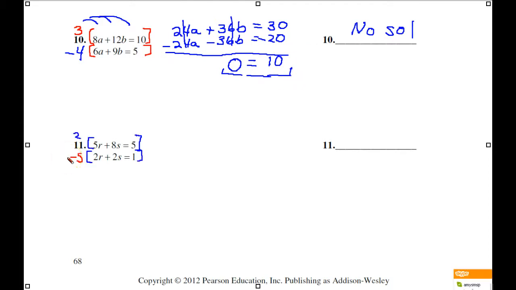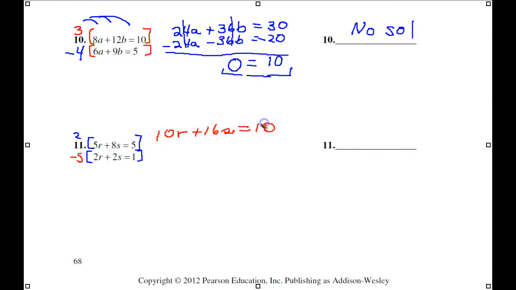Now I'll let you see some of the thinking here for number 11. Here we see it's in standard form. Nothing's going to cancel out. But if I multiply my 5r by 2, that'll make it a 10r. If I multiply the 2r by a negative 5, that'll make it a negative 10. So let's do that one. So this is going to be a 10r plus 16s